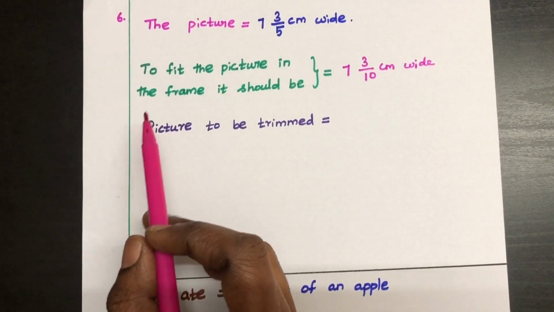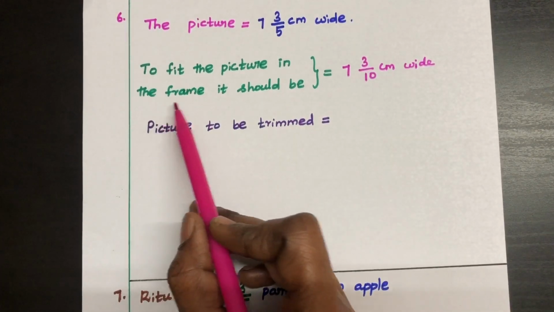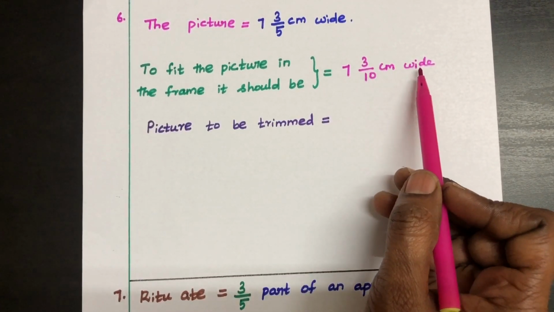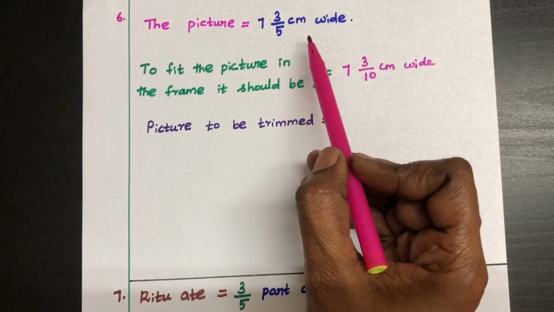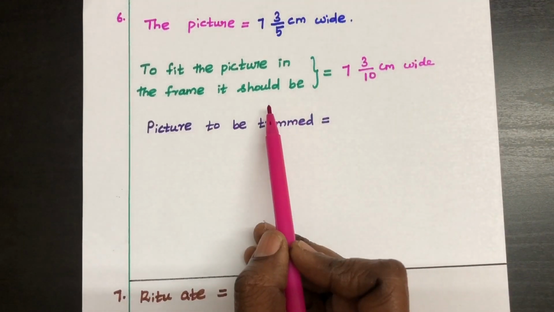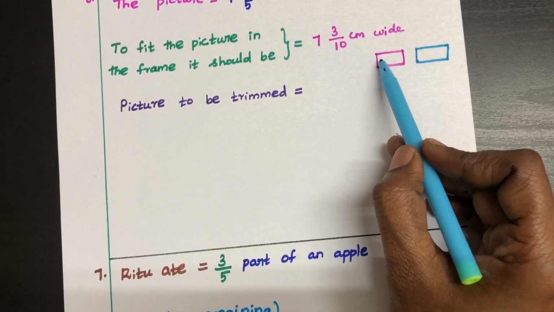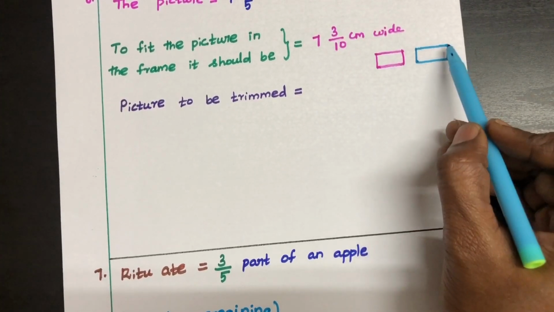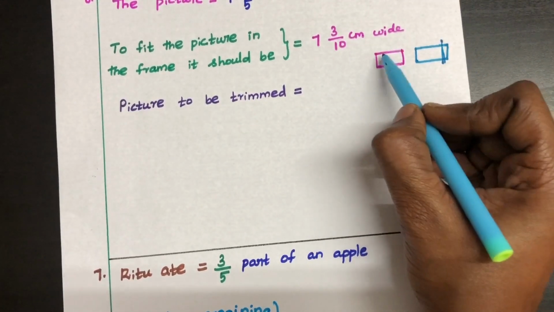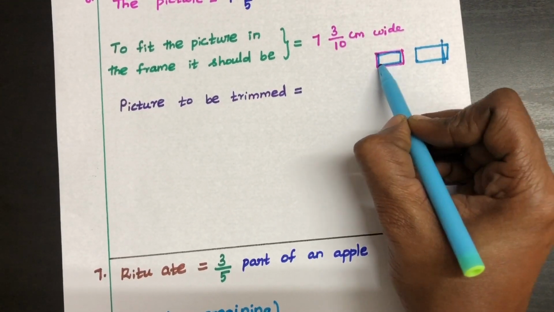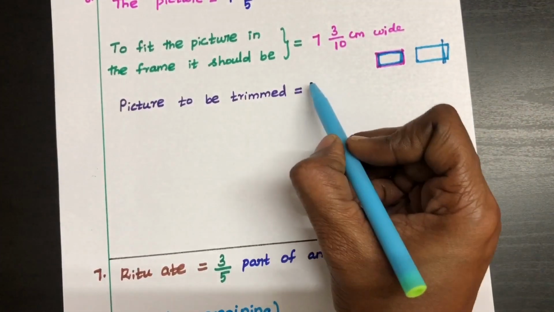The picture is 7 3/5 centimeter wide. To fit the picture in the frame, it should be 7 3/10 centimeter wide. The picture is to be trimmed, so it must be bigger than the frame, right? If you have a picture of 7 3/5 centimeter wide, but a photo frame of 7 3/10 centimeter wide, you need to trim it. That means you need to cut off some width. Then only it can get fixed into the frame, right? If you are trimming, what do we need to do? We need to subtract. The picture is the biggest